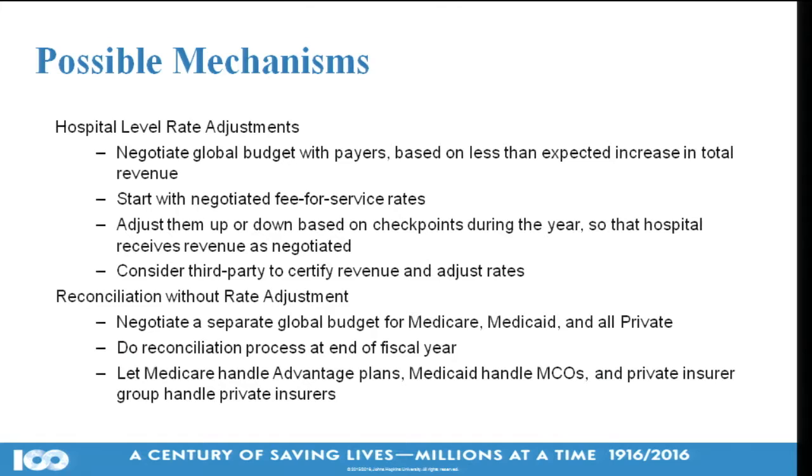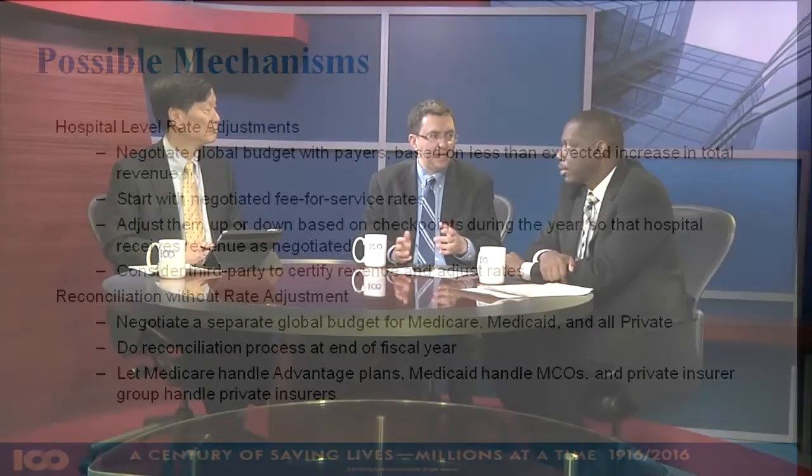The second possible mechanism would involve more of a reconciliation. A hospital might negotiate a separate global budget for Medicare, for Medicaid, and maybe for all private insurers. And you would have a reconciliation process at the end of the year. So you would still bill fee-for-service during the year, your usual way. And then at the end,